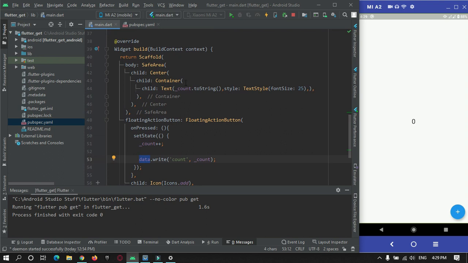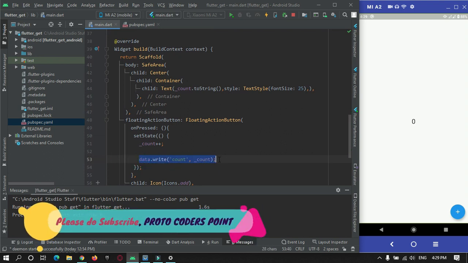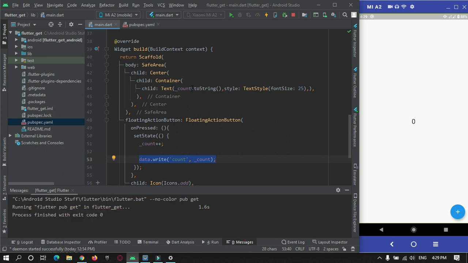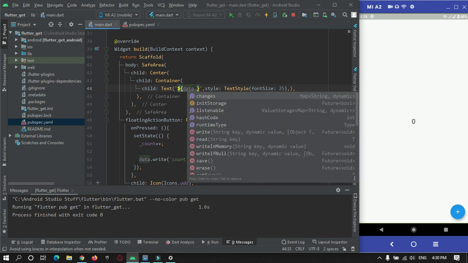To show the value of this instance, instead of showing this variable, we will print data dot read.